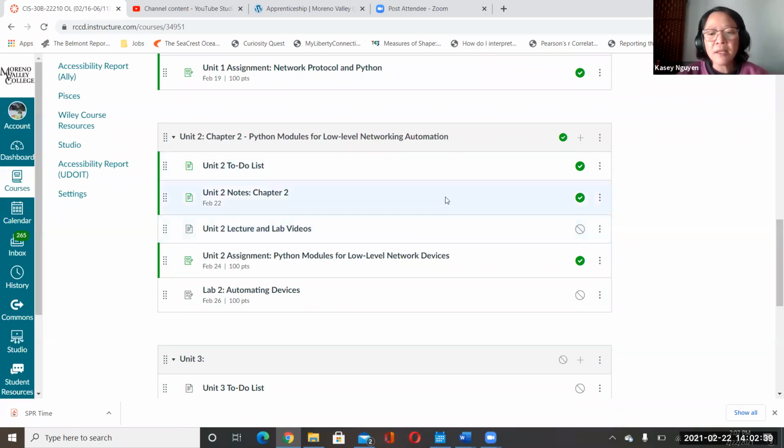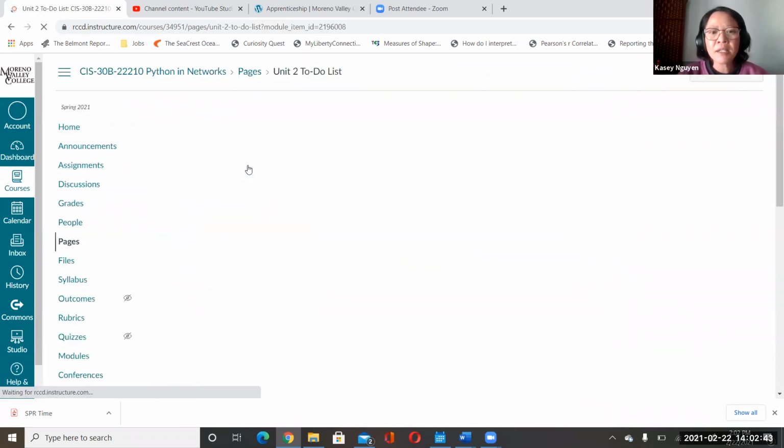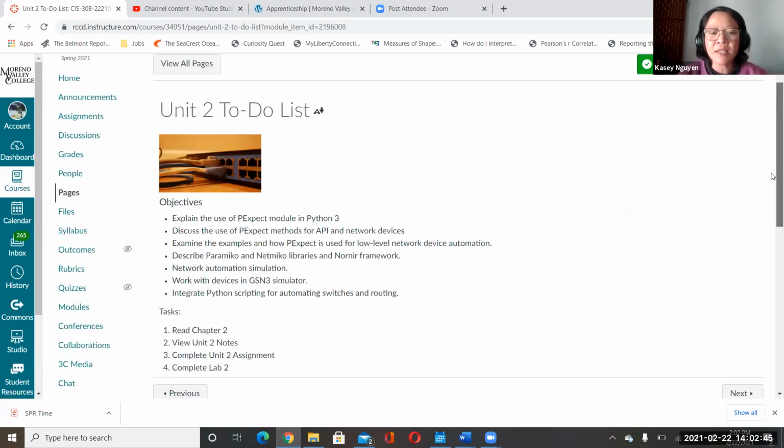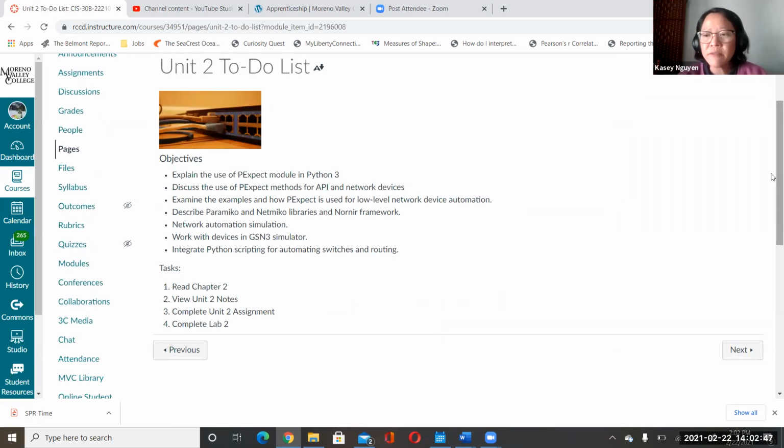So for this week, we are going to cover chapter 2, and I want to touch on some of the areas so you can see. We're going to focus first on Pexpect, which is the library in Python. Pexpect is used for Python 2. Pexpect is the library that we can use with Python 3 to automate routers, switches, and cool stuff with API.